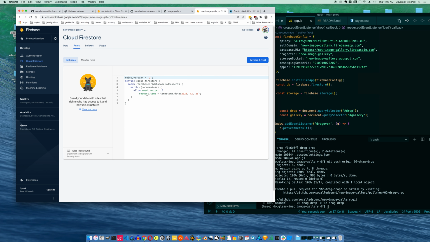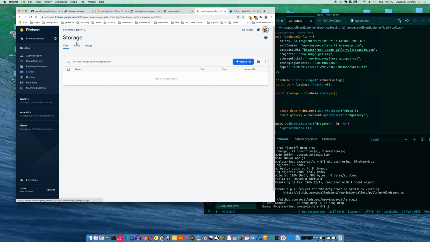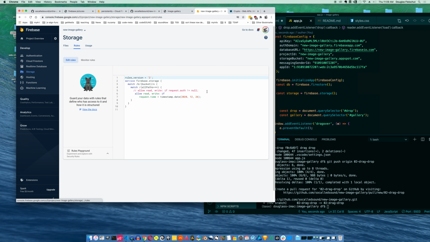rules set up in both Firestore so that it will allow read and write as long as the request is before this date, which should be in the future. Automatically, it made mine be the day after Christmas. And we're going to take that rule and make sure it's also in storage. You can see mine is,